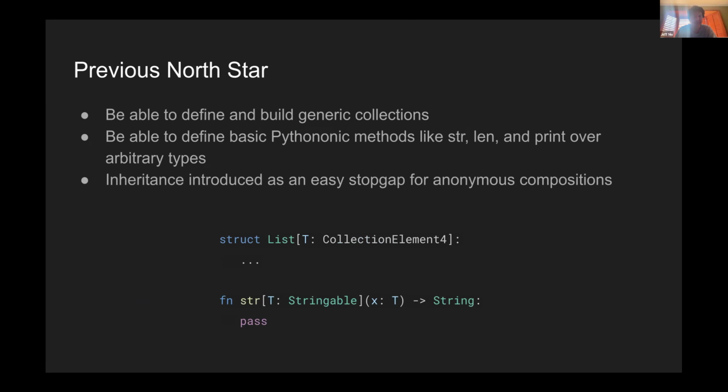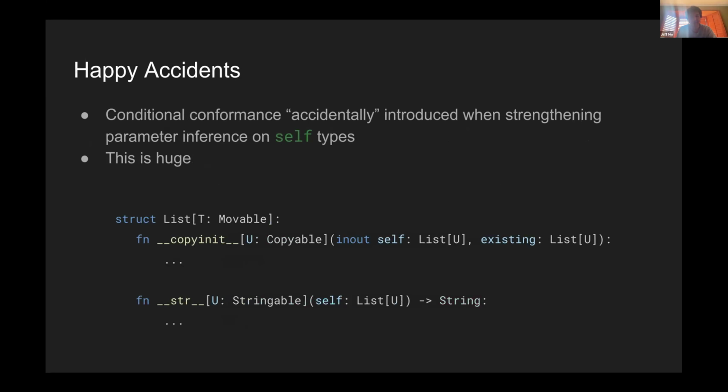We had a couple of interesting things that happened along the way. For example, Chris accidentally introduced support for conditional conformances when strengthening parameter inference on self types. So this is pretty big, and there have been a lot of recent improvements in the feature. That means it's a little bit less interesting syntax-wise to define functions that support conditional conformance. I don't know if the syntax below will 100% work all the time, but I think the idea is that it would work. So this is pretty huge because when we dropped traits, the first thing people asked for was